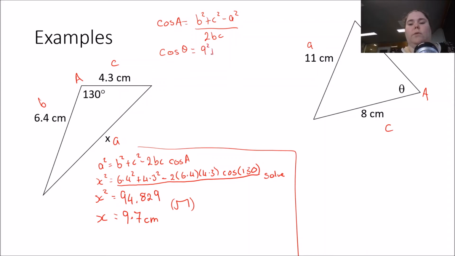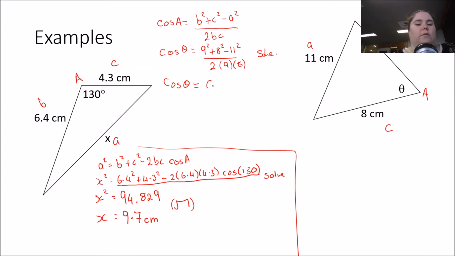So 9 squared plus 8 squared minus 11 squared over 2 times 9 times 8. Once again, I'm going to solve this side so that I get cos theta equals a number. So 9 squared plus 8 squared minus 11 squared divided by 2 times 9 times 8,